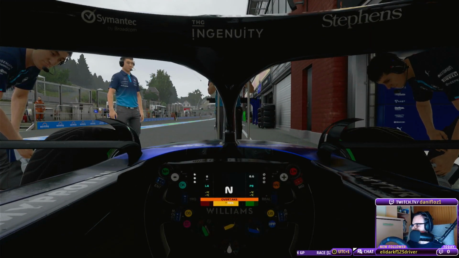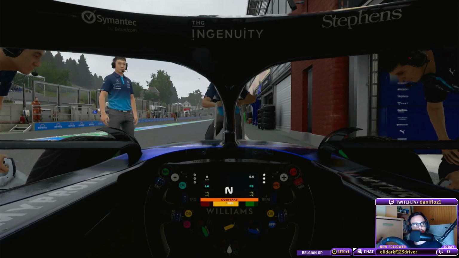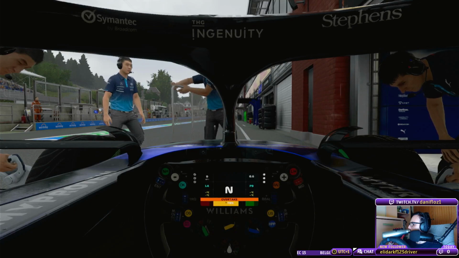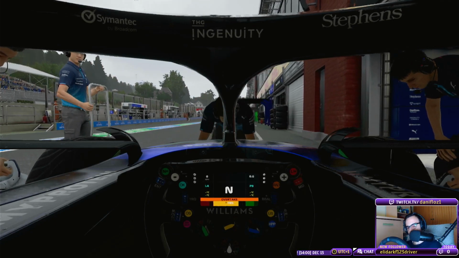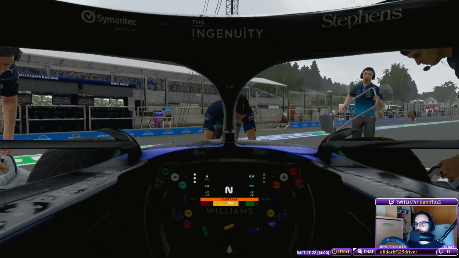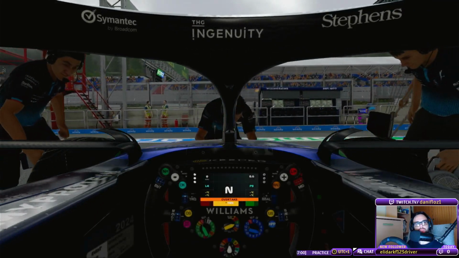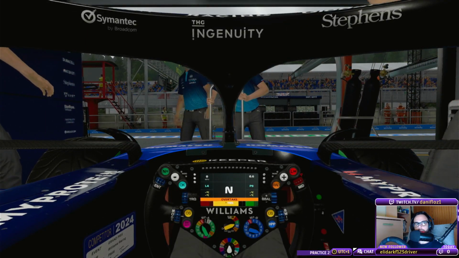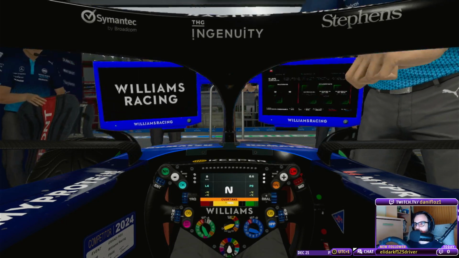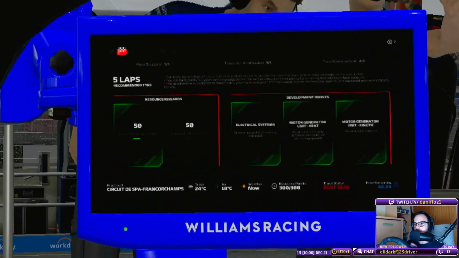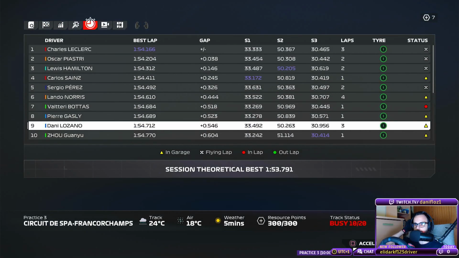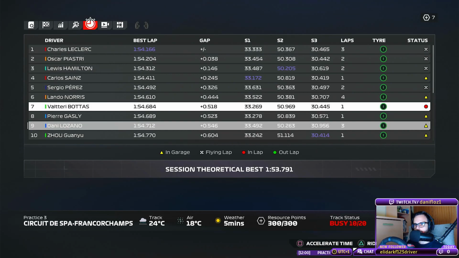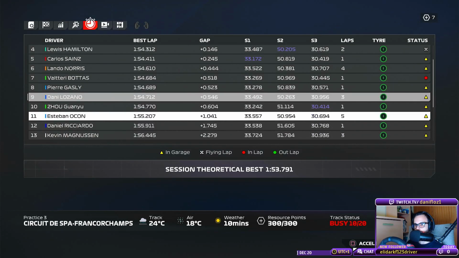Okay, we are in P9. Let's check the lap times. I'm really curious to see how much faster we are. Let's see where we are now. On these conditions. P9. Oh, behind Pierre Gasly. Oh, Bottas was faster than us. Oh, well, I think... Oof. Wow, it's very competitive, to be honest. I thought it would be even a bit more ahead. It's